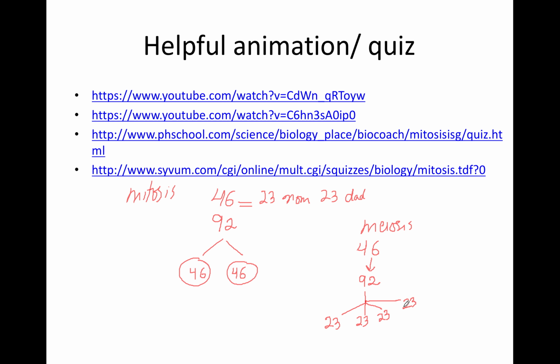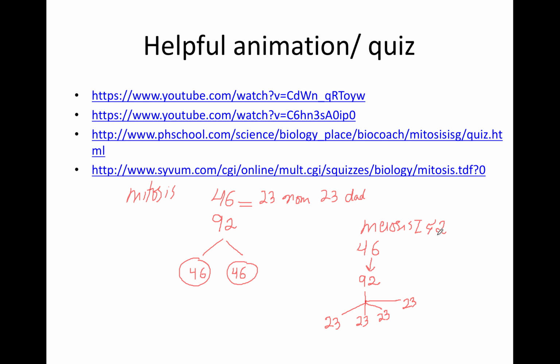You only have one stage of interphase, so genetic information will only be duplicated during meiosis 1. But by the end of meiosis 1 and meiosis 2, when you're done with both of the meiosis stages, you will end up with 23 chromosomes inside either the egg or the sperm,